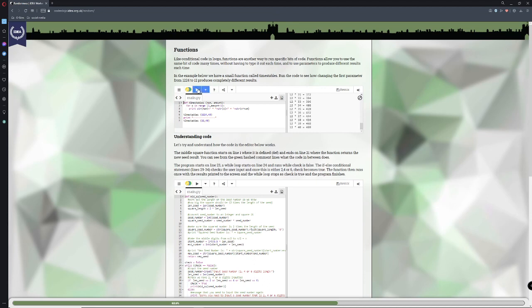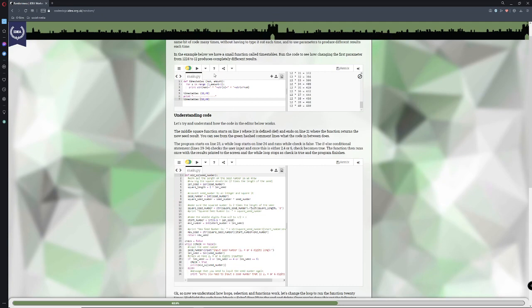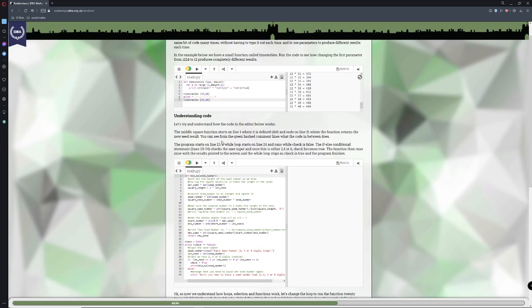So we'll go and do that. Got loads of numbers generated, 12 times 40, and there we go. So now it says change the number, there we go, to something like 12. We'll get a completely different result. Yeah, it doesn't actually do anything. Okay. So that's good to know. So let's go ahead and continue on.